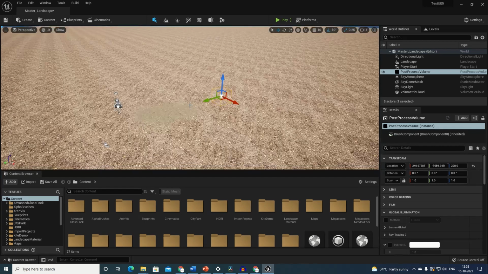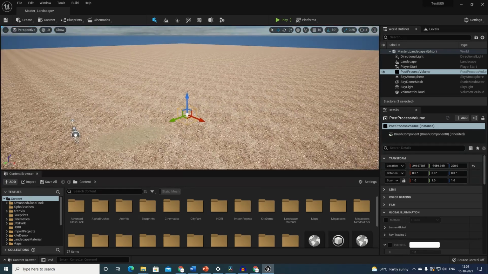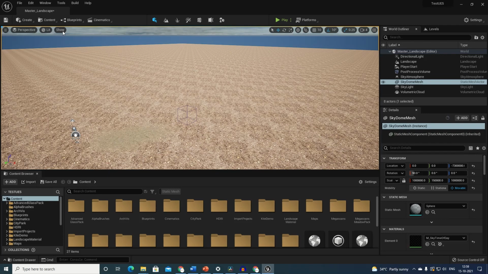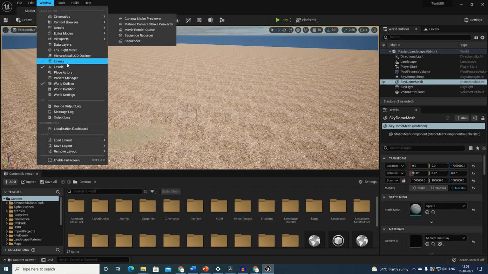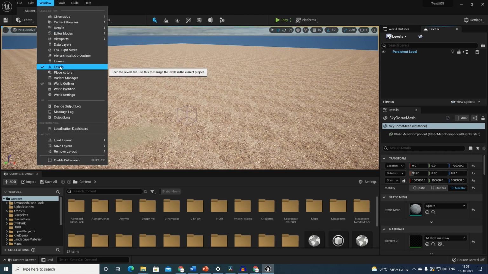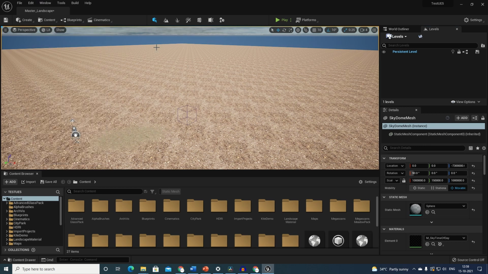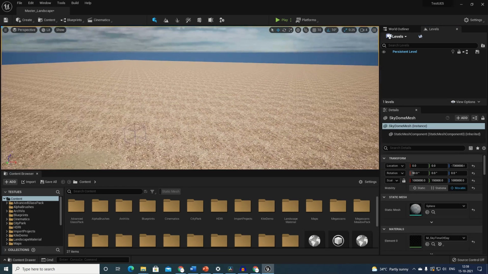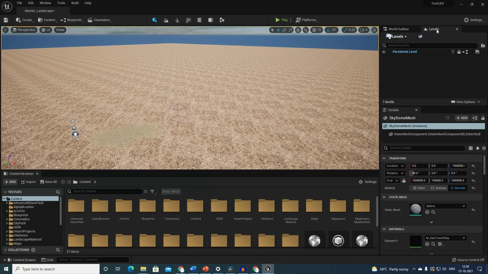Additional assets like environmental foliage outside the project area can be in the master level. We are going to import each level using the levels tab. To access the levels tab, go to Window and turn on Levels. Go to Levels, Add Existing, and add all our levels like grass, hedge, trees, etc. into the main level.